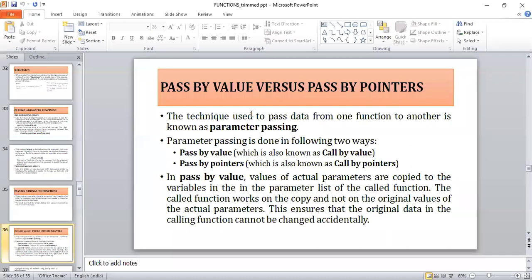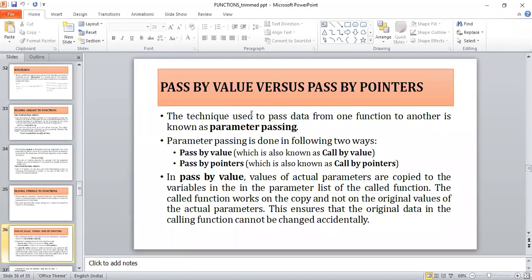So what are the two types of parameter passing methods? The first one is pass by value, also called call by value. The second is pass by reference, or pass by pointers, or call by pointers. In this module, we are going to learn pass by value.